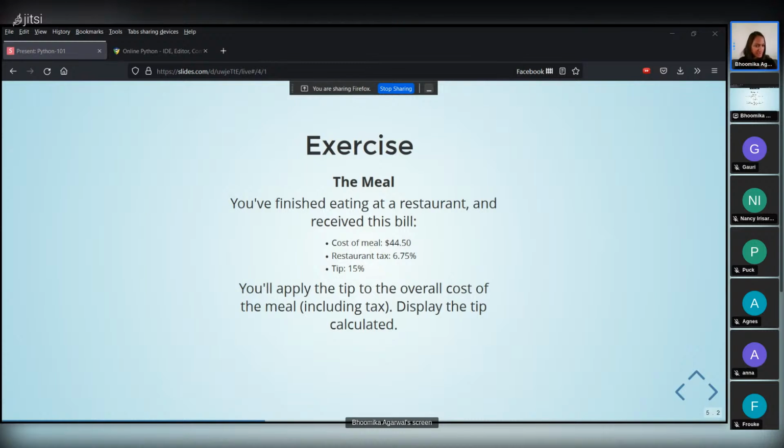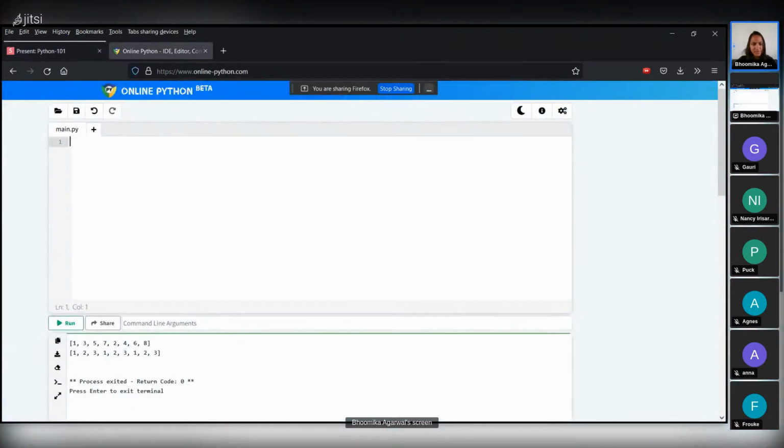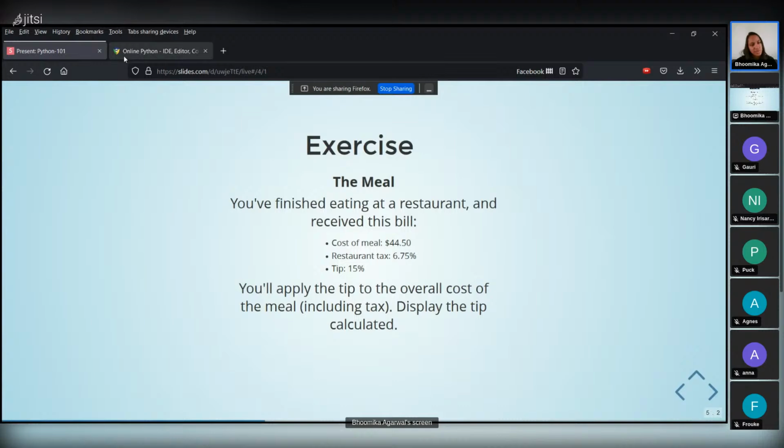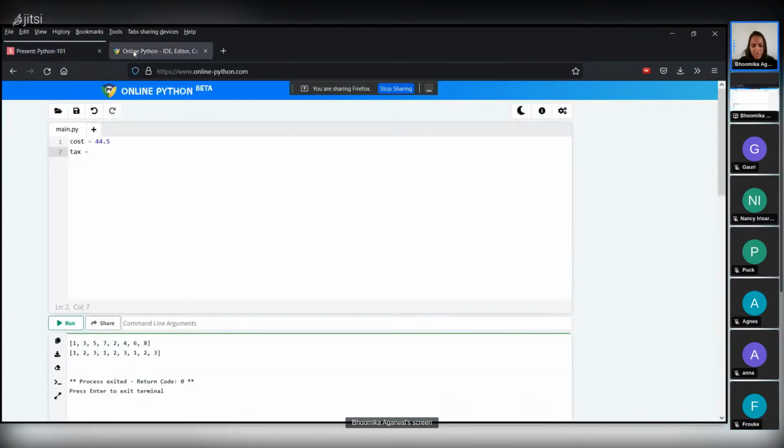Okay, I think you got the right value and it's approximately the same. The tax is a bit high in this case somehow, but I just took very random values. And I will quickly jump to the editor, and so maybe you can declare the cost as 44.5, and then tax is what percentage? 6.75. So then it would be 0.675 into cost,